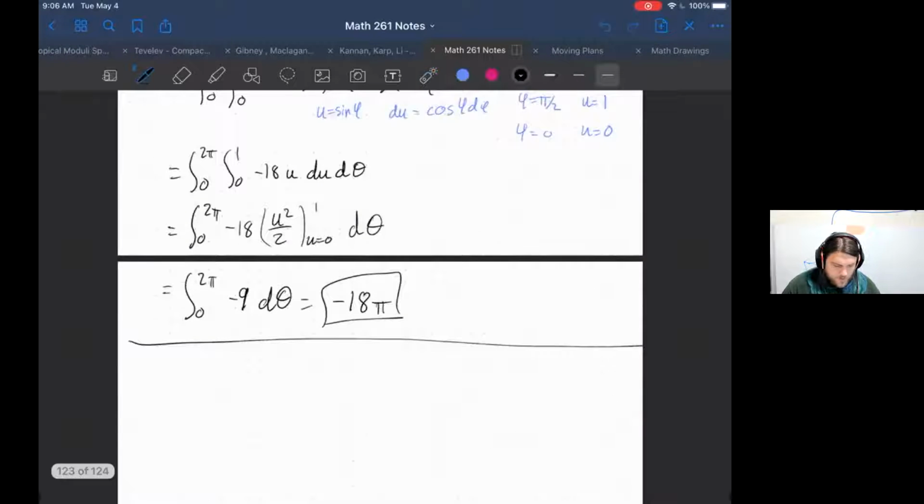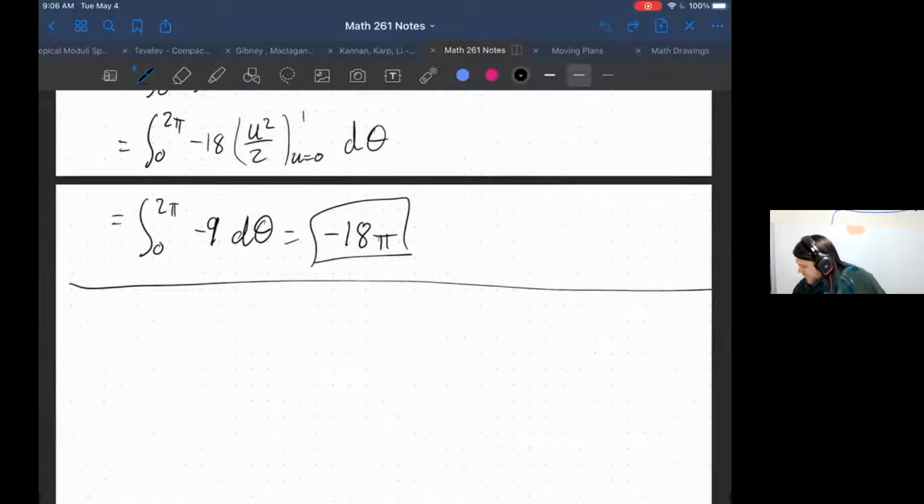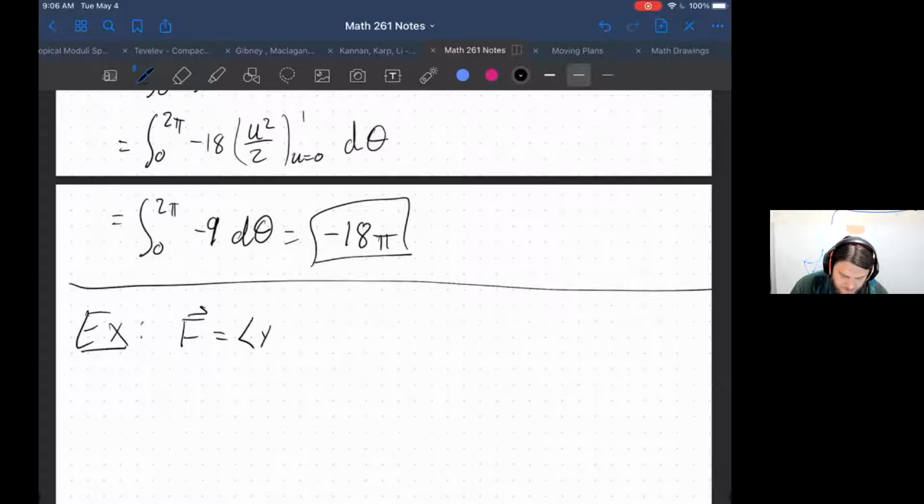So, like I said, we're going to do 2 more examples today. The next one, we're going to take the vector field F to be x squared minus y, 4z, x squared. And our surface is going to be